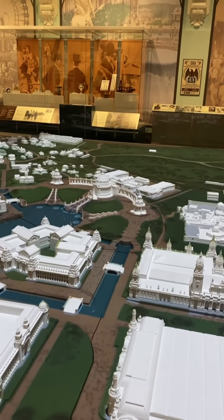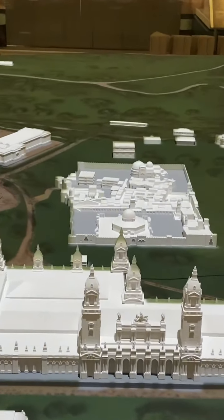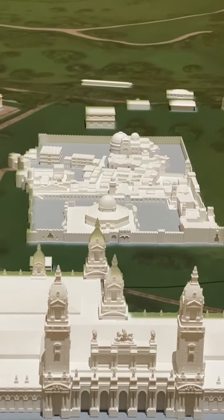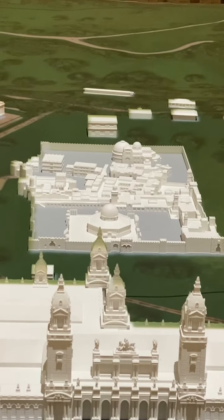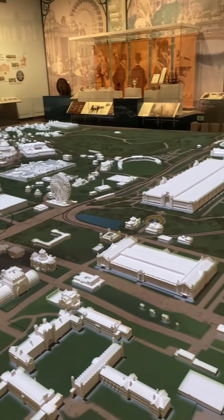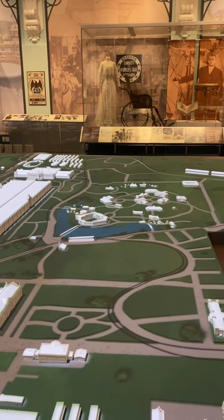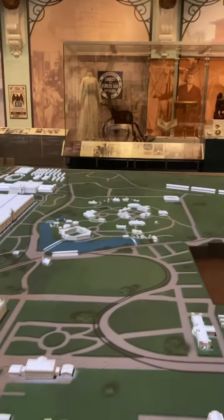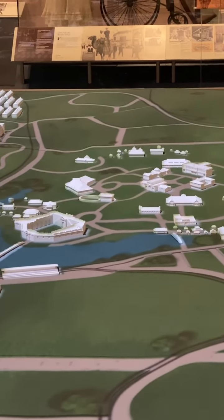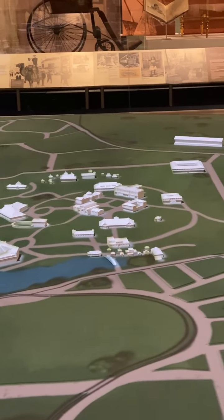Down from the central building here, we have a walled city. Any guesses? It's Jerusalem. So the dark underbelly of the World's Fair, over here on the edge of the village, that's the Philippine Village. The Philippines were a new conquest of the United States, and so here we had the Philippine Village, and